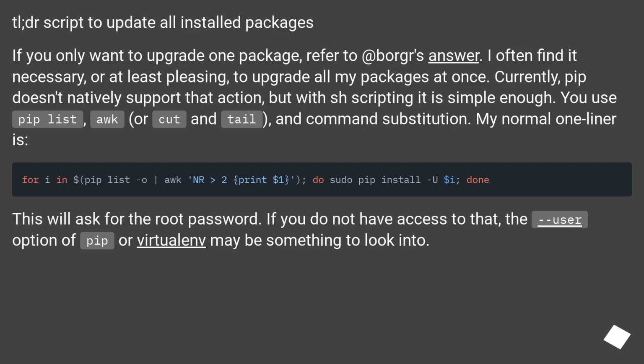TL;DR: script to update all installed packages. If you only want to upgrade one package, refer to @Borg's answer. I often find it necessary, or at least pleasing, to upgrade all my packages at once. Currently, pip doesn't natively support that action, but with SH scripting it is simple enough. You use pip list, awk, or cut and tail, and command substitution. My normal one-liner is: